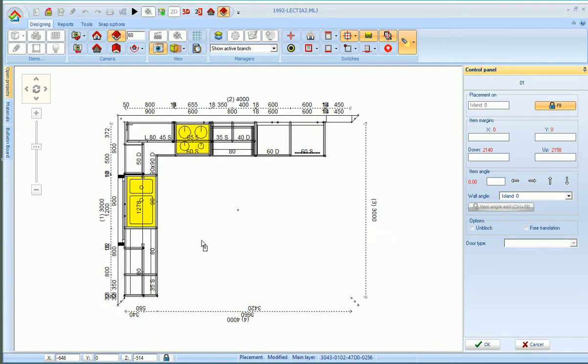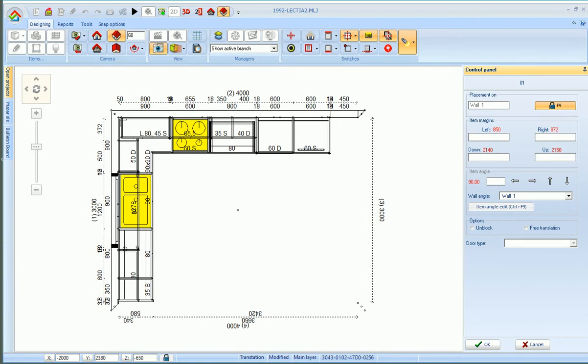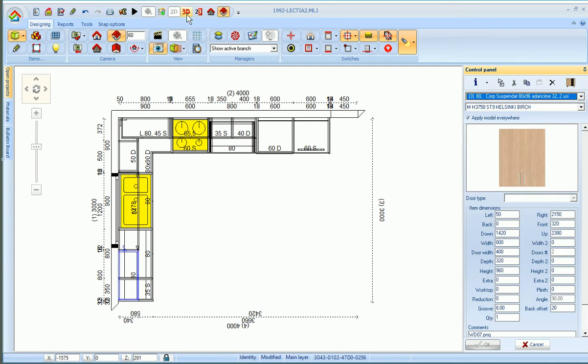Here in our project, we will place it with one left click inside the project. We are able to see the element, and to change its direction, we will use the arrows from the keyboard or from the control panel. The direction has been changed. We look for the markers where we see the circle, and with a left click we make the placement. We go back to 3D,